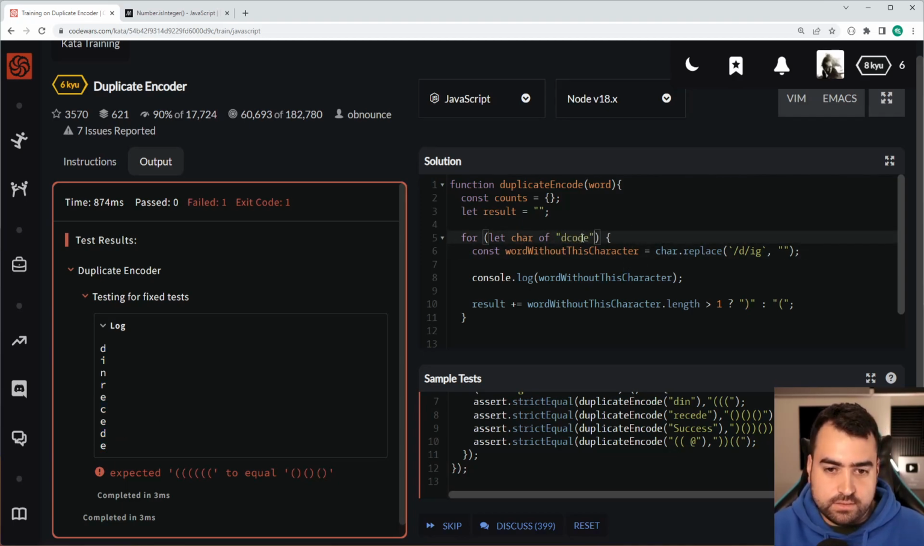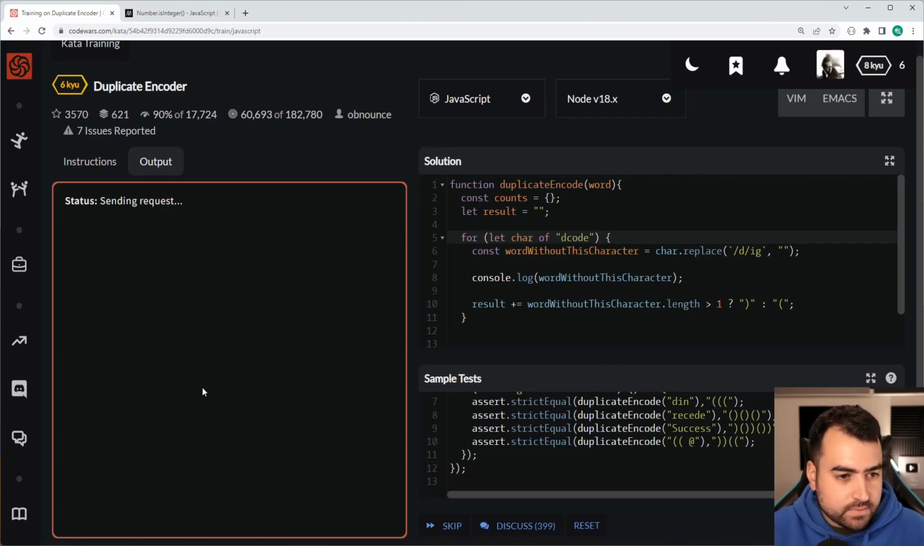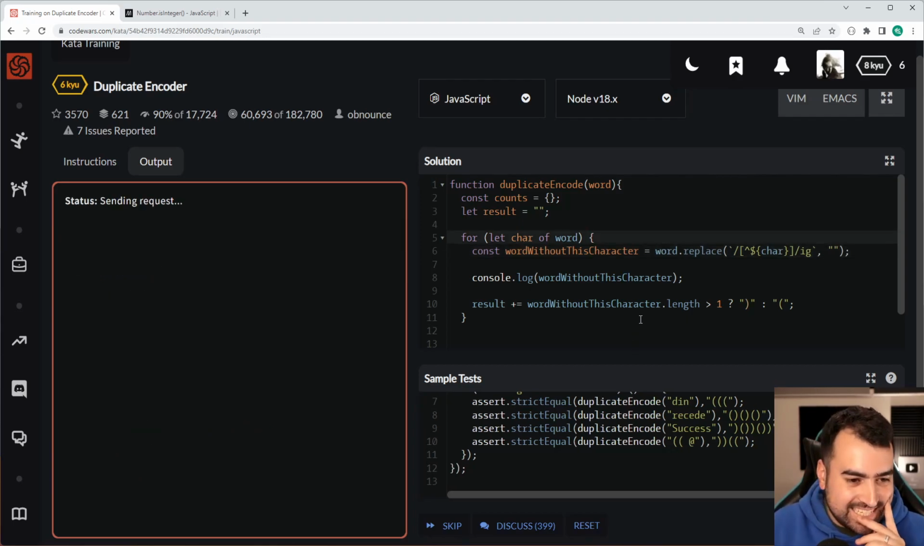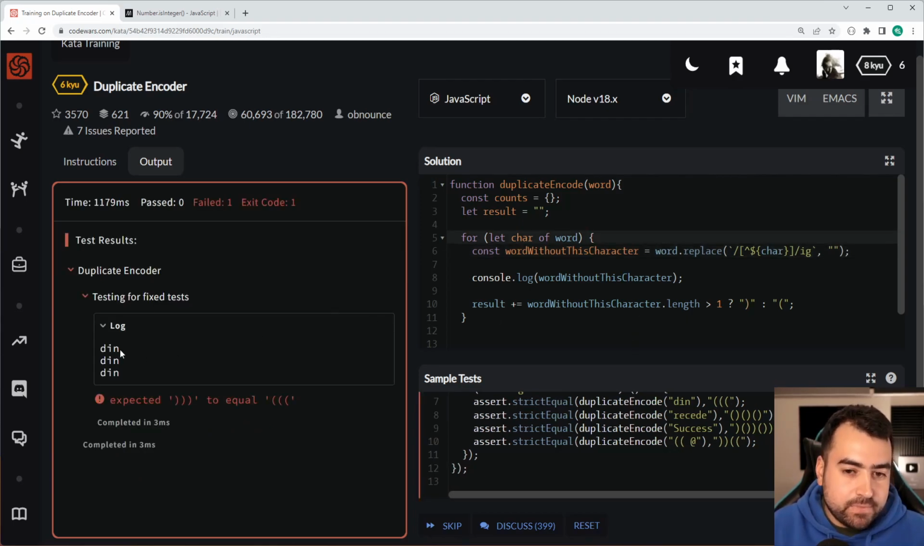Let me do decode as the word. Try again. Okay, so we get dcode. Replace every D with empty string. Okay, I'm doing it on the character. Okay, let's go back to the not and then do the word. There we go. Test again. Hopefully. Okay, so